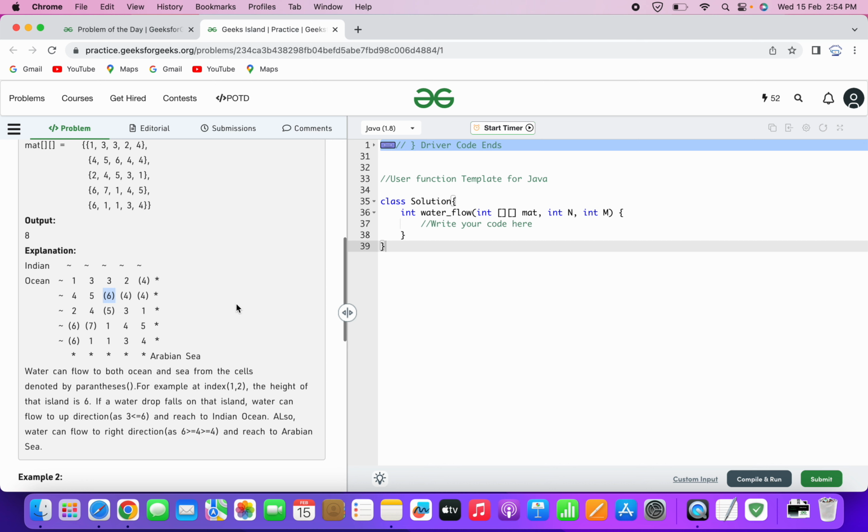if we reach 6, then instead of after reaching 6 we keep on checking that all the cells to the left of it are smaller than 6, or to the top of it is smaller than 6, to the right of it is smaller than 6, to the bottom of it is smaller than 6. Instead of doing that, what we can do, for the Indian Ocean, is start with this cell,